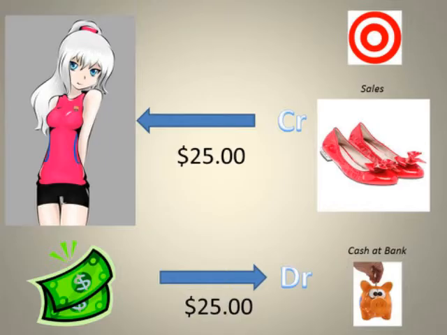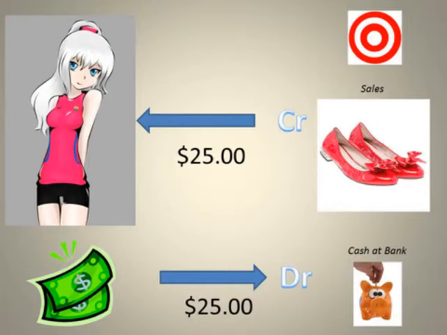Well, when you go to the counter with that pair of shoes, you'll place them on the counter, the clerk will bag them up and then will hand them back to you on the provision that you pay an amount of money, that is $25. You could pay this today in cash or more likely by credit card, but let us just talk about cash for now. So what's happened here is they have given you the inventory, their trading stock, that is the pair of shoes, and you have given them $25. So as you can see, it's a business transaction. It is two-sided. You have gained something, but you have given something for that.